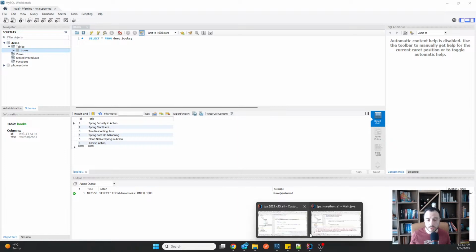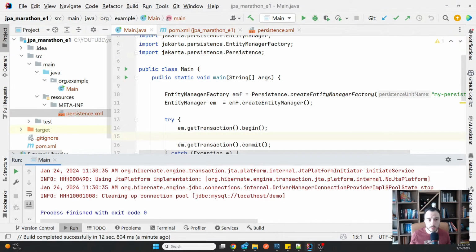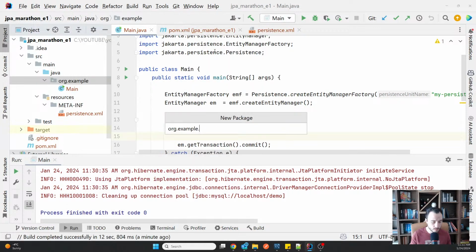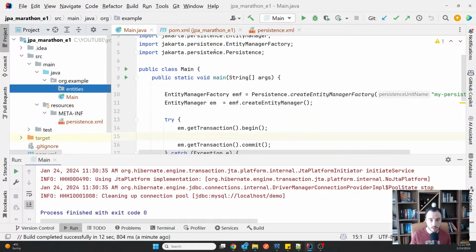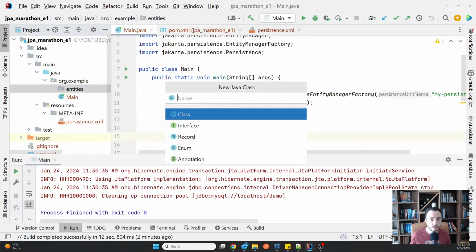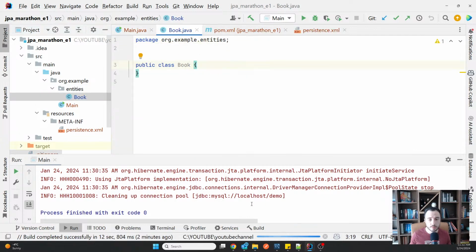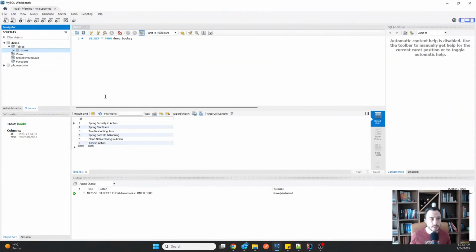So I can just go back here. This is mine. And I'm going to create an entities package. And in the entities package, I'm going to create a Book class. One thing that you might see is that the Book class is for the books table.